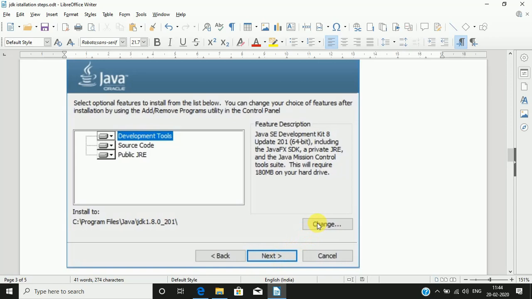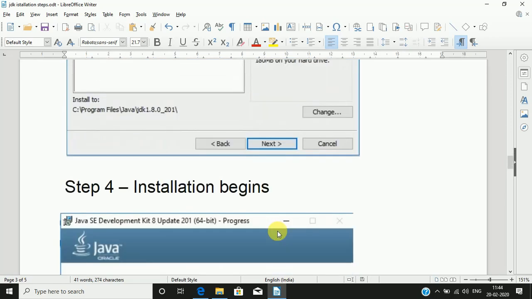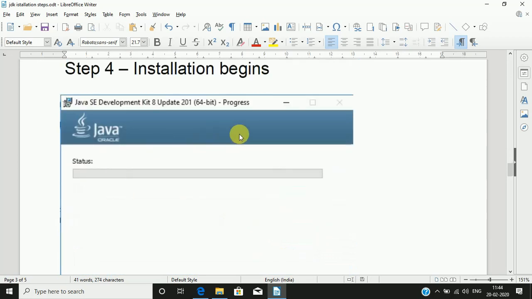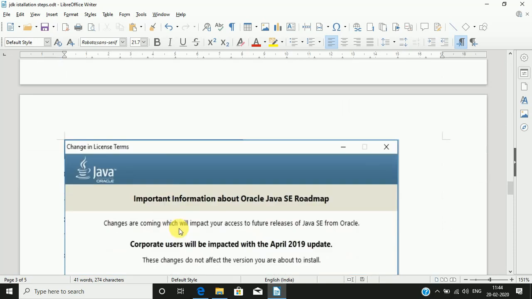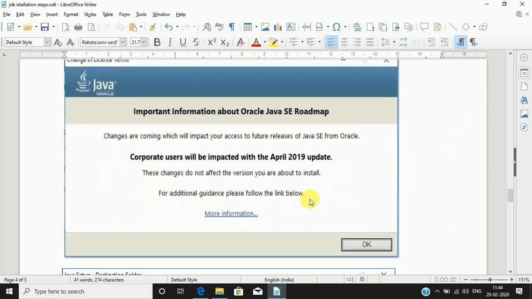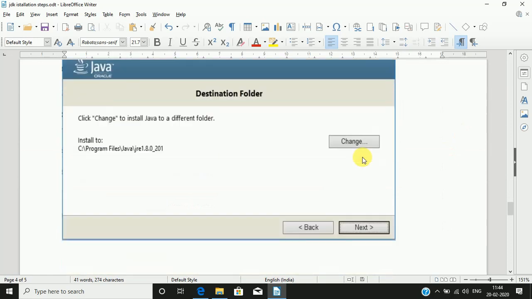I have not changed anything here, I just clicked on the next button. Once you click on the next button, the installation process starts. The installation process will take you through some important dialogs, and just click on the OK button here, and then, along with the JDK, to make it compatible with your editor,